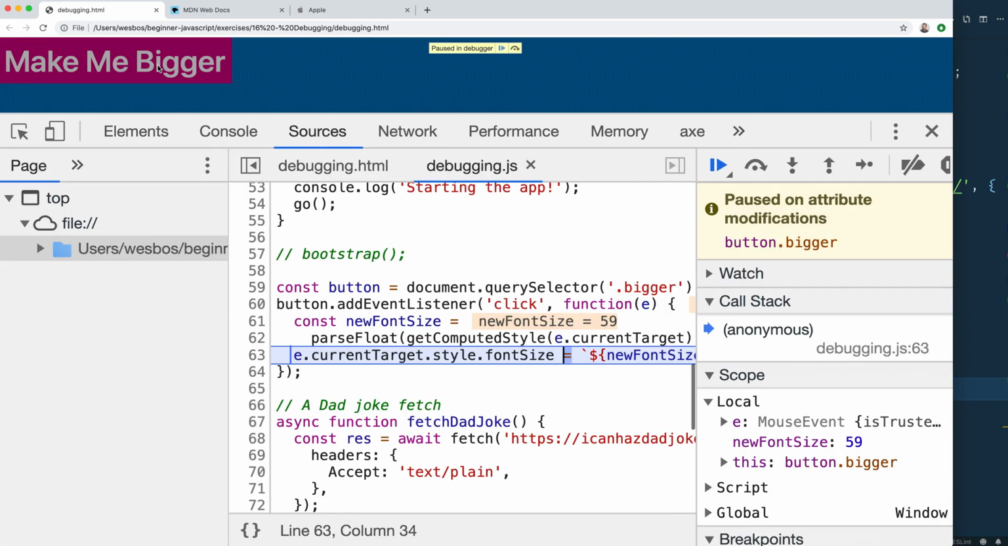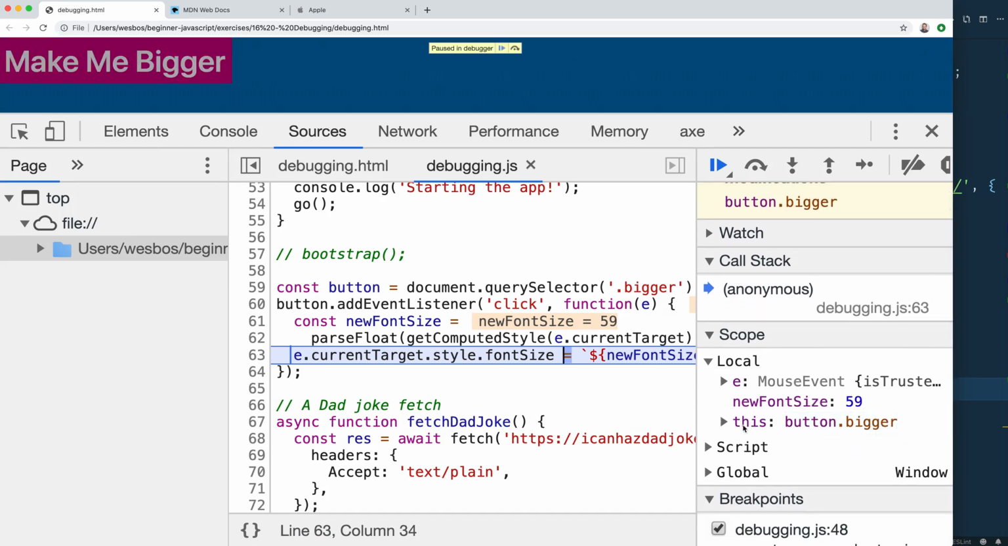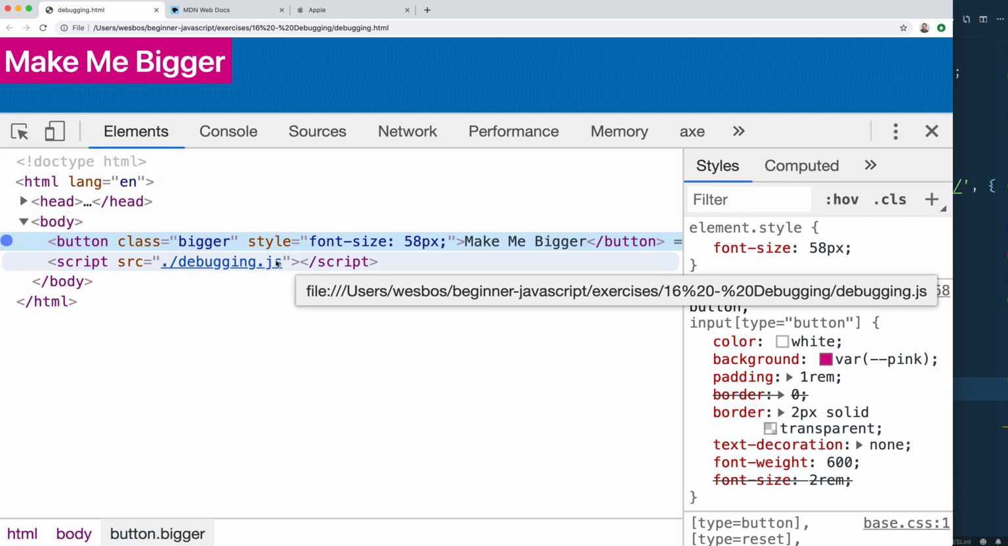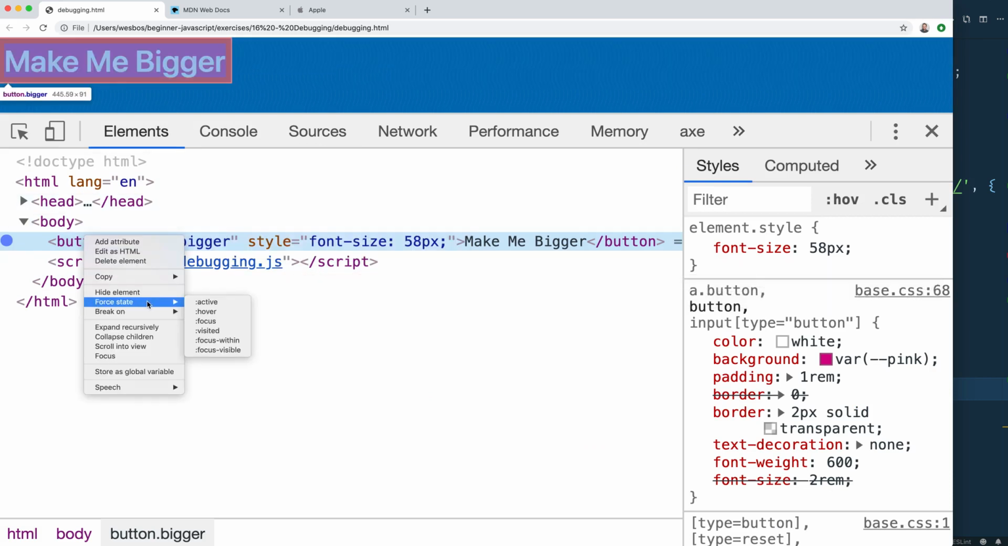And then when I click it, you see it paused in the debugger. You can see that there's a whole bunch of information about what's going on here. It gives me the new font size. It gives me something called an event. We'll learn about all that, as well as this keyword. We'll learn all about that as well. I don't use that one all that often, but it's very helpful when you're being thrown into a random code base that you don't really know